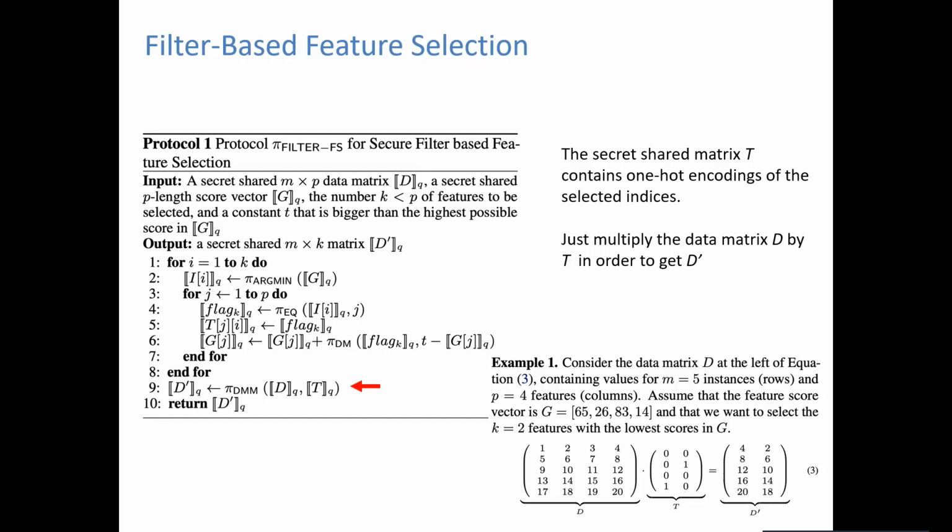Because here you have the private operation argmax on the vector, and you get the index from it. So why don't you remove this value from the vector G and then recompute it? But how can you remove it without leaking which value you selected?